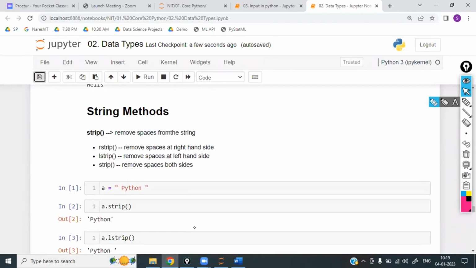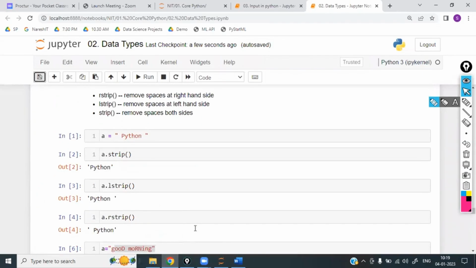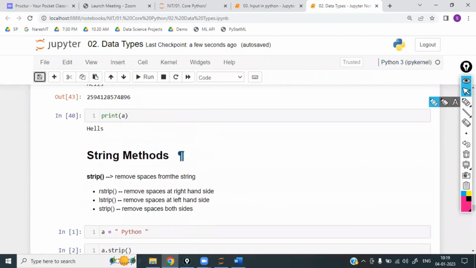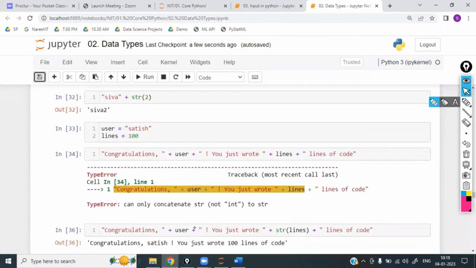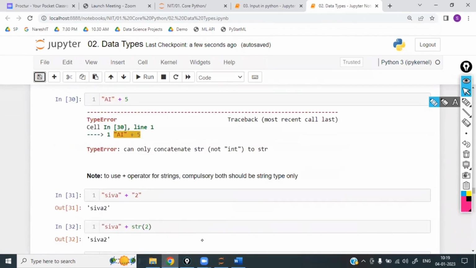Now, what are the methods I have discussed? These are all the methods I am going to use during NLP, during text mining. Now, one of the students has asked a question: string concatenation. String concatenation means